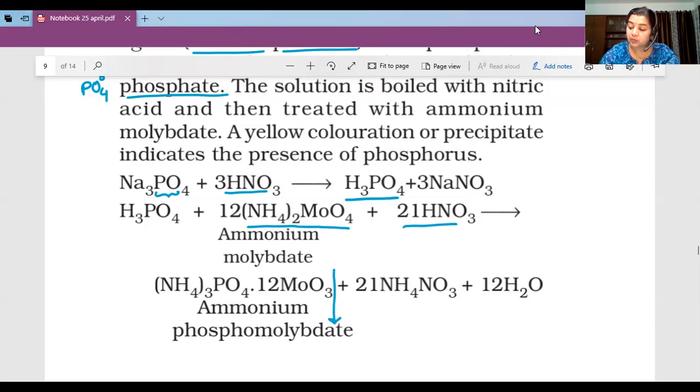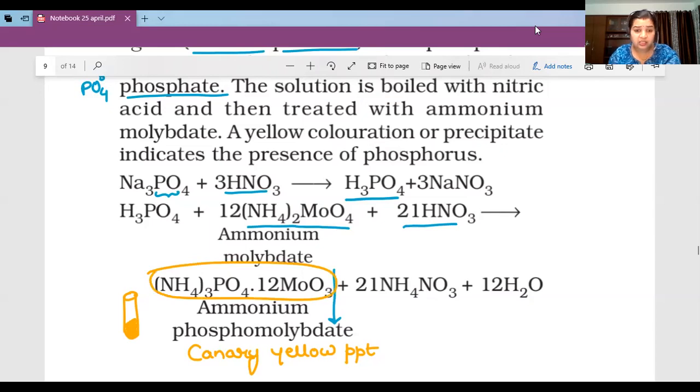And a very important point, it is canary yellow. The color I am using is the exact color. Canary yellow precipitates. This is the color. To just give you more of an idea, I'll use it a little more. Canary yellow, dense, heavy. If you calculate the molecular weight of this, you can feel, yes, it is very heavy. Since the molecular weight is so high, they will instantaneously settle down in the test tube. And this is the color of canary yellow precipitates.